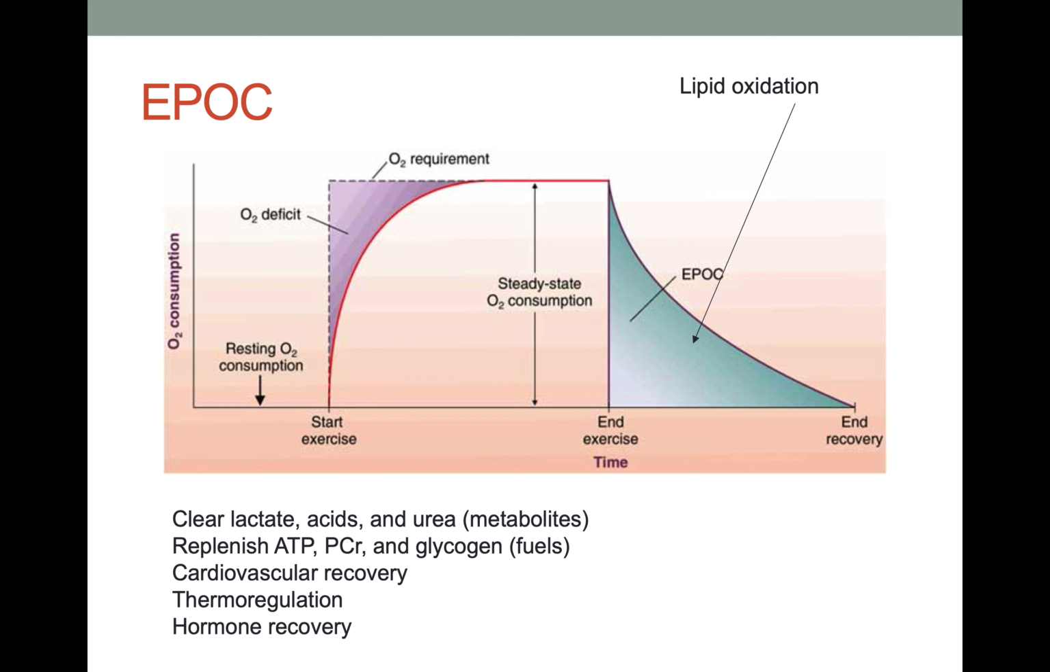What is it doing? Well, it is clearing lactate. Lactate is being transported to the liver, where it's undergoing gluconeogenesis and being converted back to glucose. We're clearing acid, so all those hydrogen molecules that we produced at the start of the race, we need to buffer them and excrete them. We also need to excrete other metabolites like urea. We're also replenishing fuels. We're rebuilding ATP, we're rebuilding phosphocreatine, and we're rebuilding glycogen, especially if you've consumed some carbohydrates